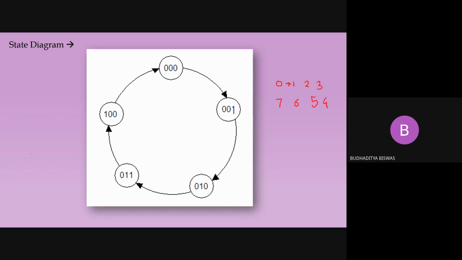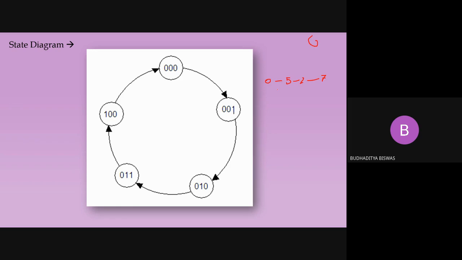And the asynchronous counter is always counting in the regular manner. But suppose in some application, when you want to design some circuits, you need an irregular counting. Irregular counting means, suppose initial state is 0, then it will go to 5, then say 2, then say 7, like this. So this counting is called the irregular counting.